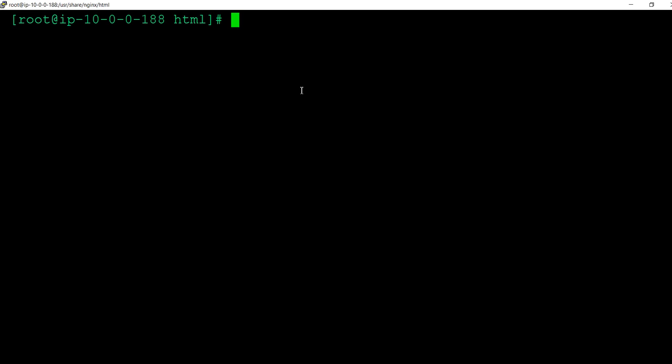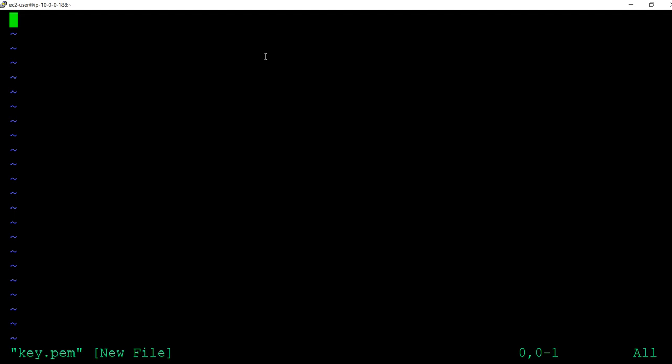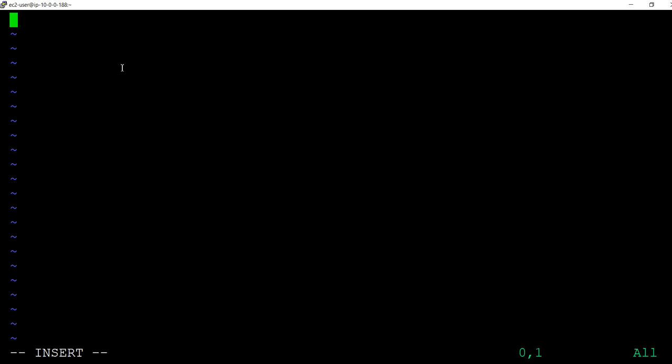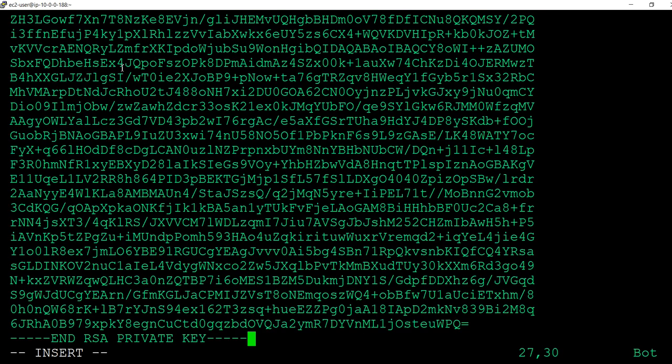This is my server. First, I just switch to my ec2-user. Now what I need to do here is create a PEM file. So I'll use vi to create key.pem. If you don't have any file with that name and you use vi, it will create it. It will edit and create. So copy this file, press insert, and then escape.